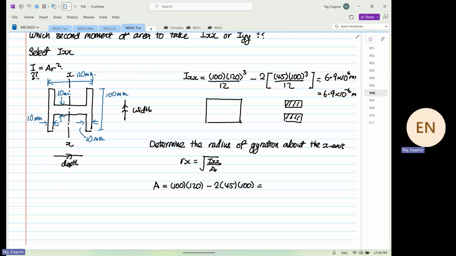It's equal to 3,000, or 3 times 10 to the power 3 millimeter squared. So change to meter. Wait, 3. Yep. So this will be equal to 3 times 10 to the power minus 3 meter squared. Okay. So from here, therefore,